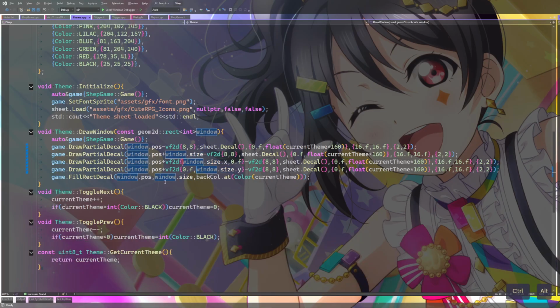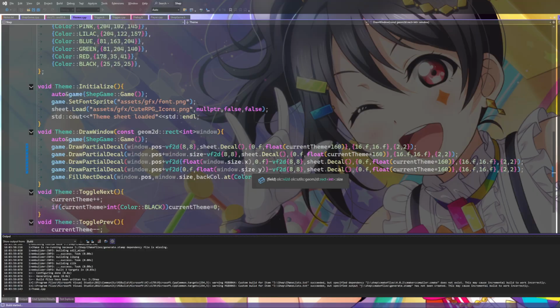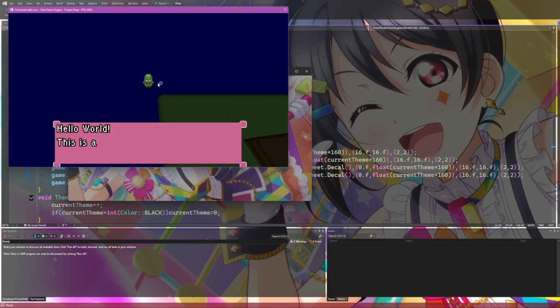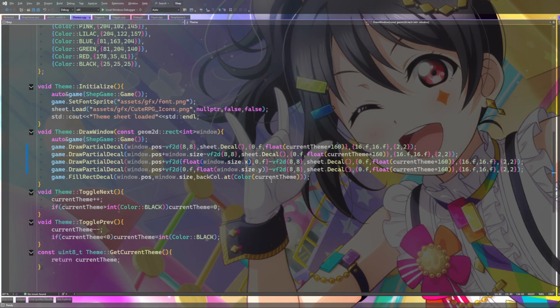Gosh, of course. Load. Normally PG games are very small. Oh, some of these are way off. It's because they're not centered. If I actually do the math, let me see.